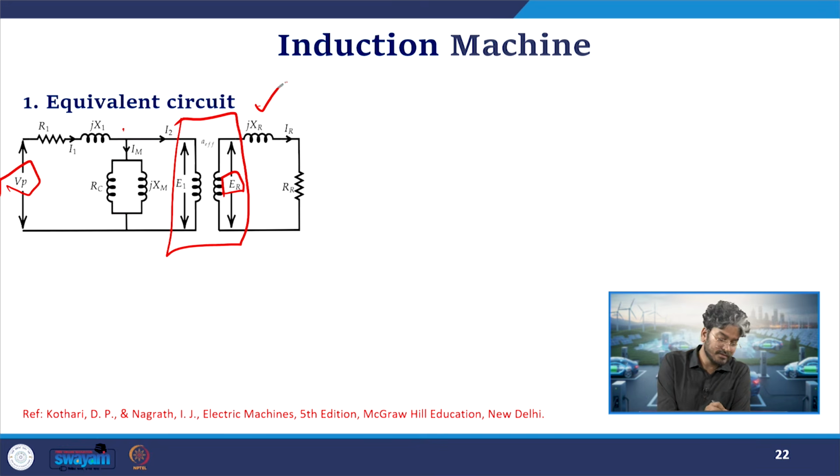Then we will have jXR, the equivalent reactance of the rotor circuit. Then this RR will have two components. One will be the loss component and the other will be the useful component, which is responsible for delivering power to our electric vehicle in our application as of now. So why have we not considered the losses of the core material used in the rotor circuit? Because of two factors: the power rating of the rotor will be much less compared to the power which will be handled by